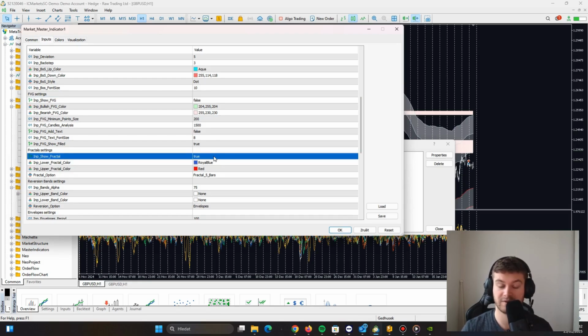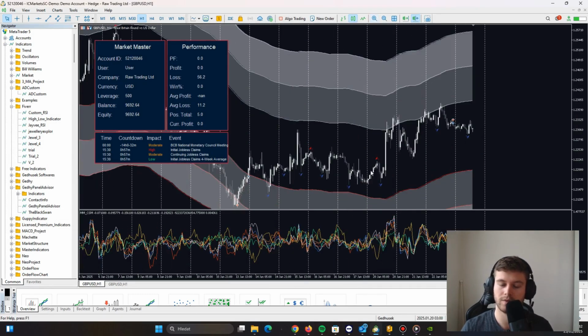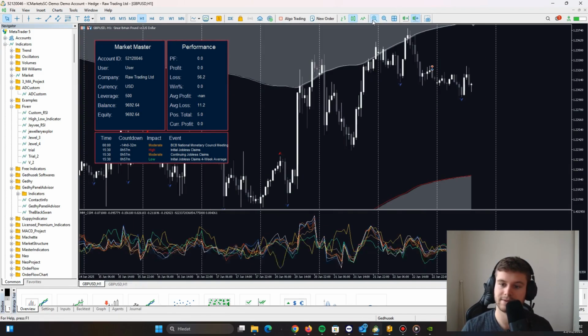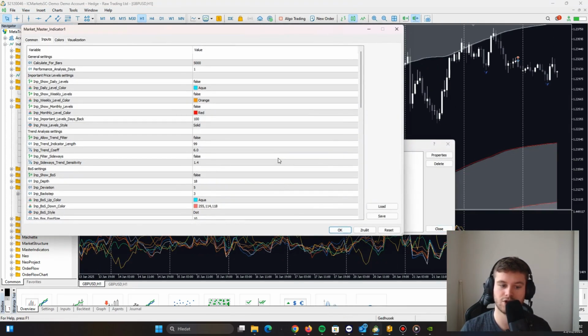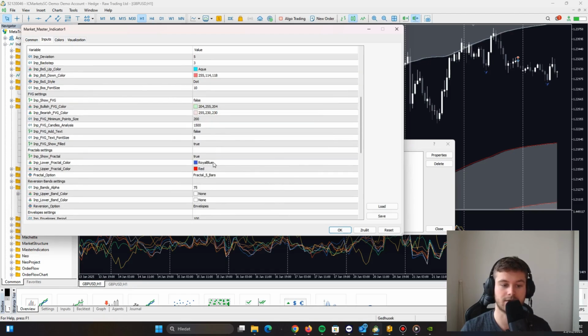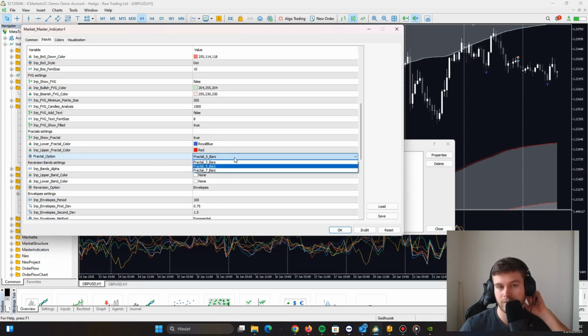So that's pretty self-explanatory. Let's turn it to true and let's see what will happen. You will get these arrows that basically show you, hey, here is a fractal, and that's it. Yep, that's how it works. There's not much more to it. Of course, in the inputs menu, you can change the color. So here you can change the color for upper and lower pattern, and then you can also choose here from